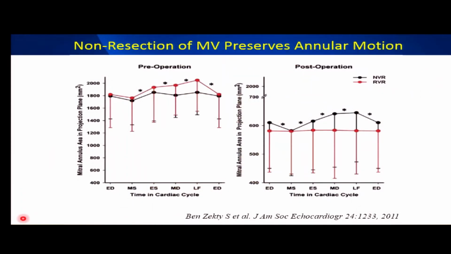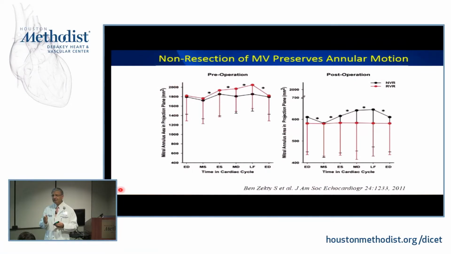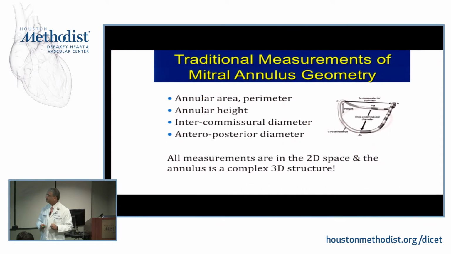The difference is, because we didn't do that technique, we had to collaborate with the University of Chicago, because they still did the modified Carpentier technique. And you could see in red is after surgery. If you tinker and cut and do something to the mitral valve annulus and valve, the annulus doesn't move as much anymore during the cardiac cycle, versus what we've done here is preserve what was there, still motion of the mitral valve annulus, which may be important. We don't know how important it is. We know the observation is different.